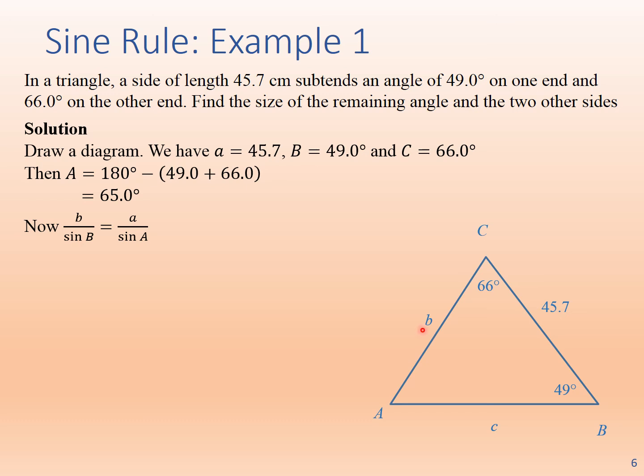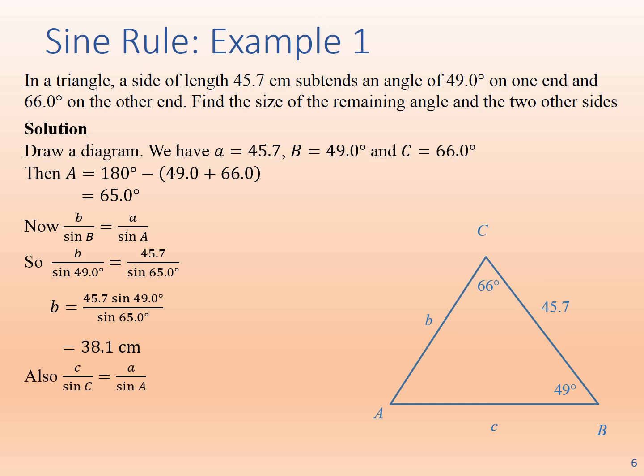Starting with B, we have B is what we're trying to find. We know the angle B, so we can use B over sine angle B is equal to, we know A, so we'll use A over sine of angle A, which we've now worked out. So putting all the values in that we know and multiplying up by sine of 49 degrees, we'll get that answer for B, which we can then calculate out on our calculator, making sure that our calculator is in degrees. Next we'll find the unknown side length C,